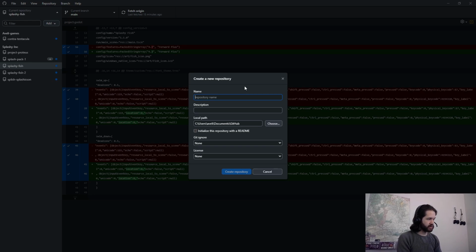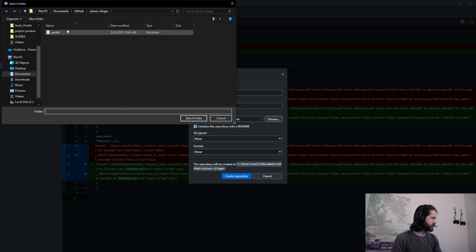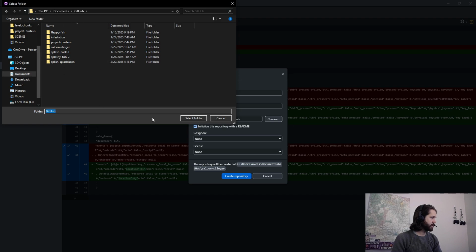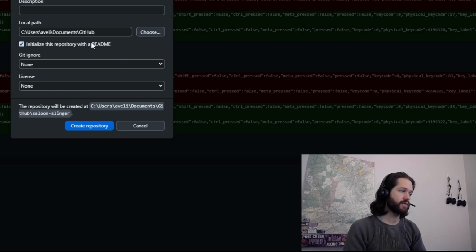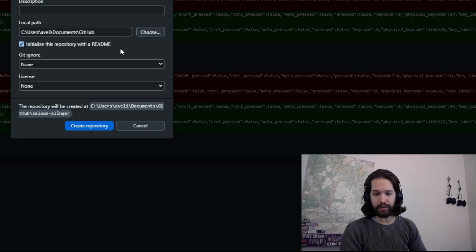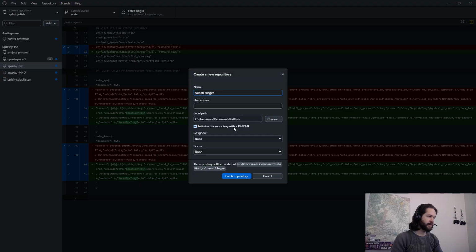You want to type in the name of your project, so we'll do Saloon Slinger. Put a README in there, and make sure to choose the GitHub folder, not like GitHub/Saloon Slinger or whatever game name folder you gave it. So make sure to choose the parent folder that the Godot project was created in, not the actual project folder, or else you're going to be creating a second folder in your GitHub repository, and it gets confusing,